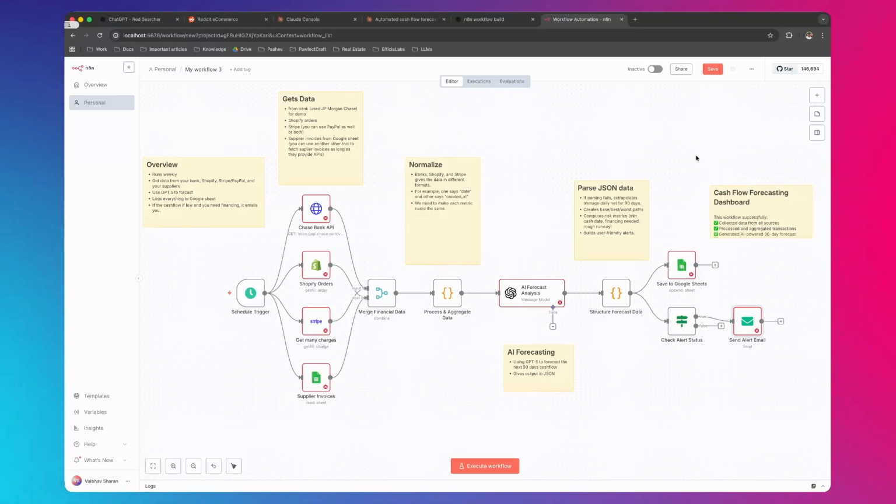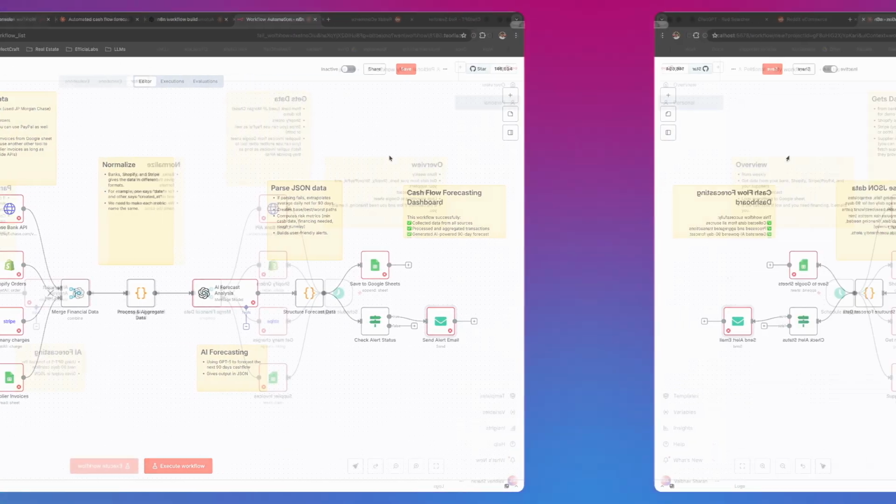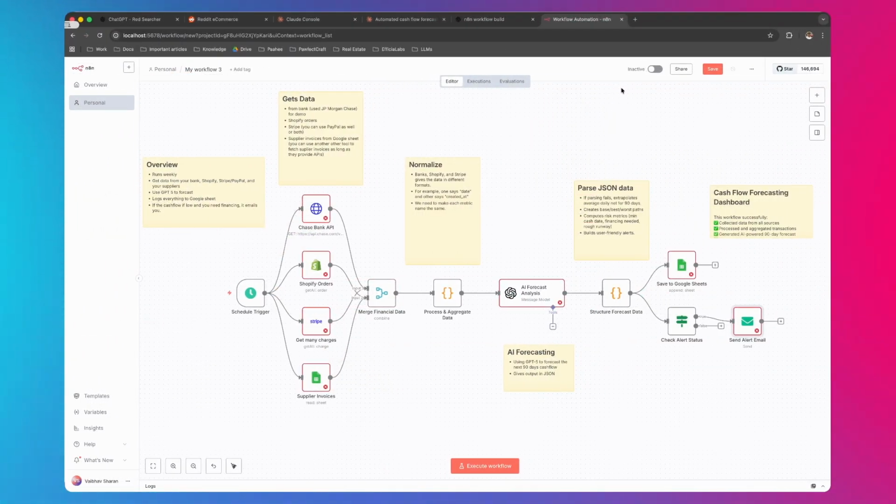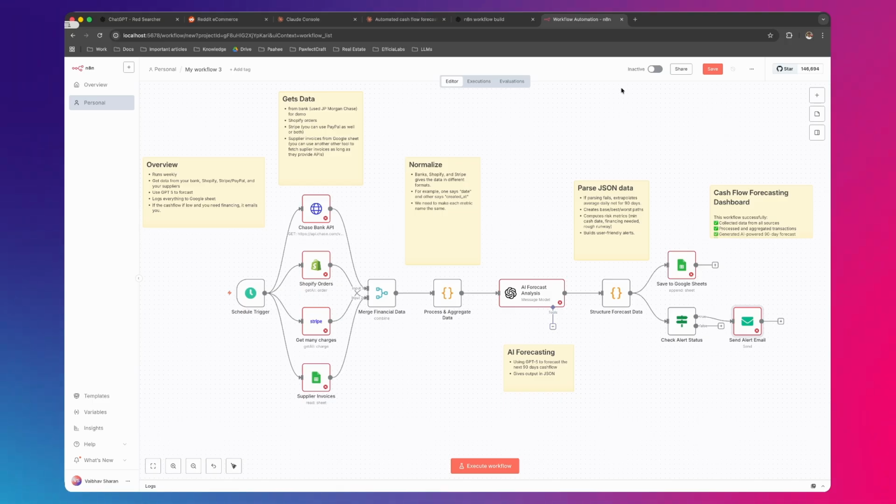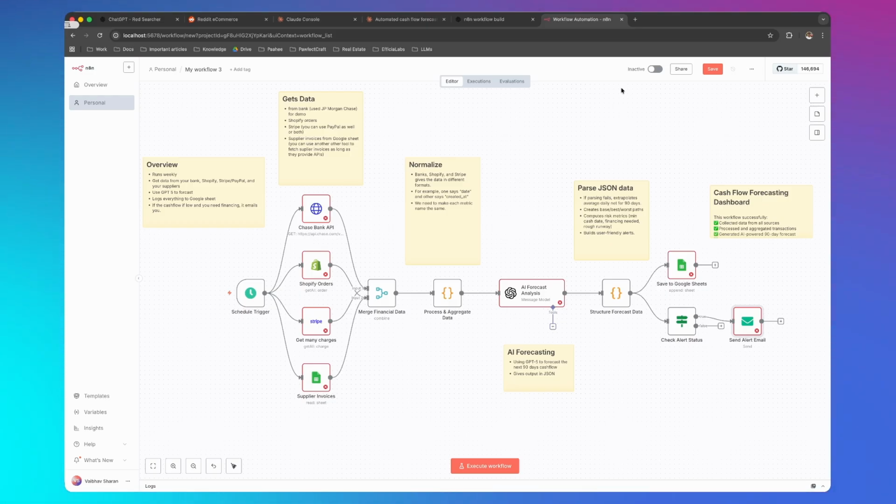This AI workflow gets the data of the last 1 year and predicts the cash flow requirement for the next 90 days. Hello, e-commerce store owners. We built this automation for an e-commerce company in the US, and I thought it would be much nicer to create a YouTube tutorial based on a simplified version of the workflow we built for them, so that you guys can implement it for your store and not worry about accountant email coming to you and saying you need financing